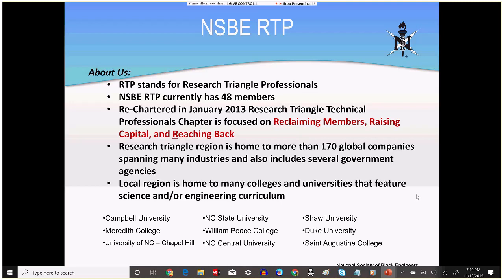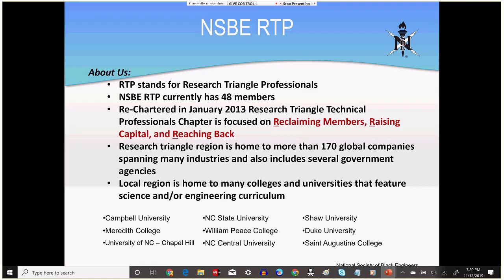I was in a rechartering 20 years ago, and it had already been chartered once before that. So it's probably over 30 years that we've had some form of a chapter in this area. Okay, thanks for that background information.